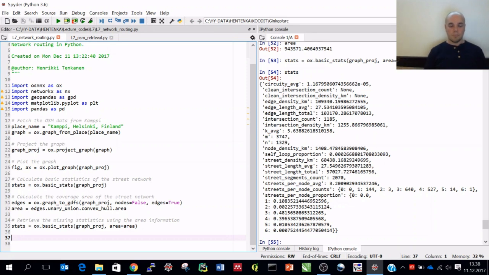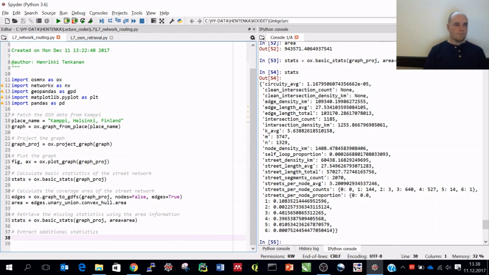We can extract that kind of information with OSMnx, or really NetworkX, which is working behind it. So, extract additional statistics. So let's say extended